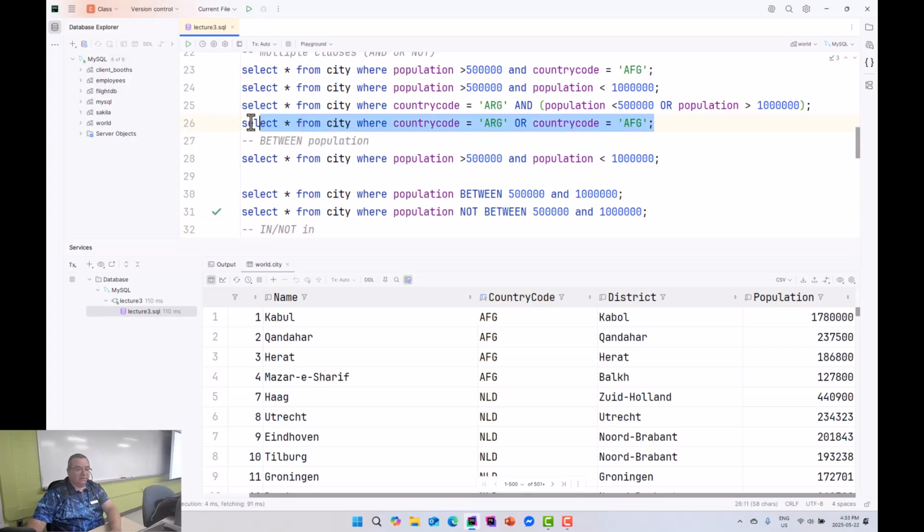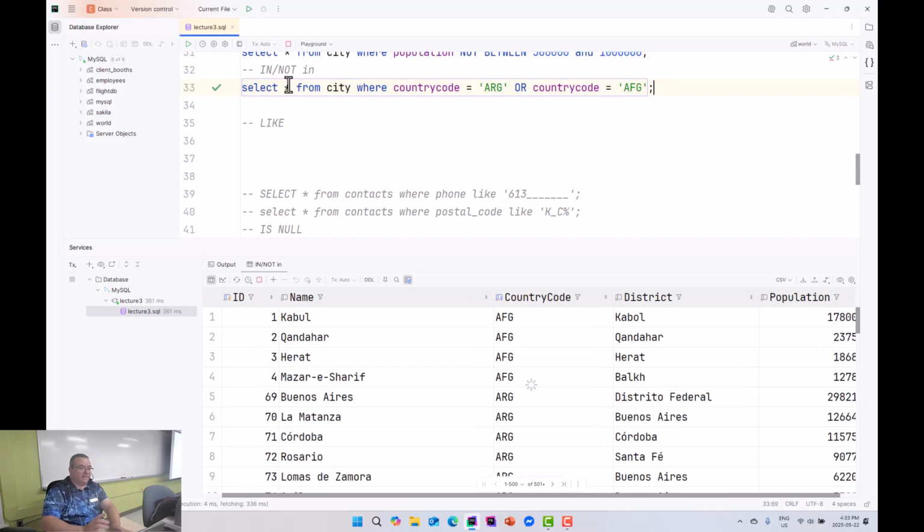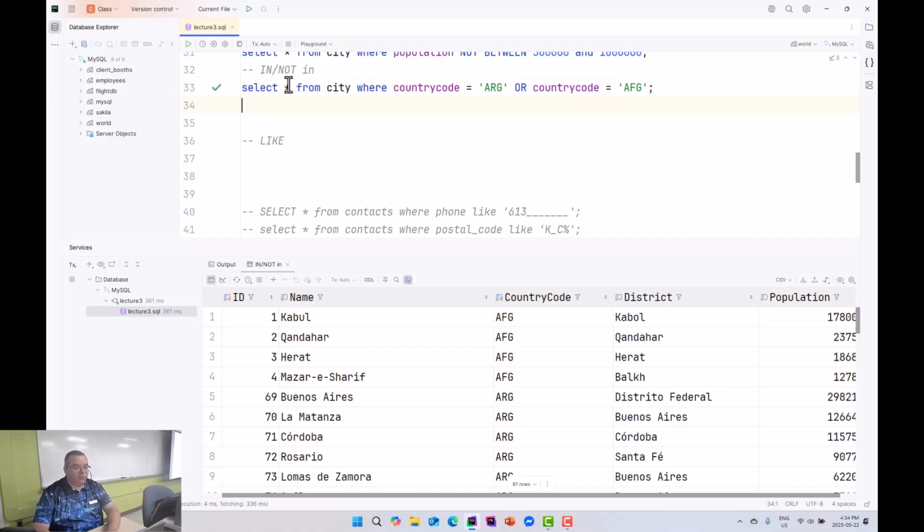Now, this one here is I want everything in these two countries. Now let's say we want to suddenly have 5 or 6 countries instead. Our code's going to start getting pretty tedious, right? A lot of OR statements, and then we have room for mistakes because we're adding things. We have a way of doing this, which is IN. So if I were to go,